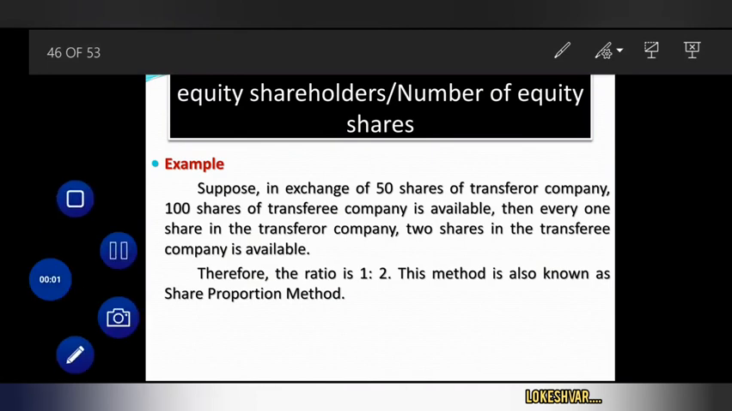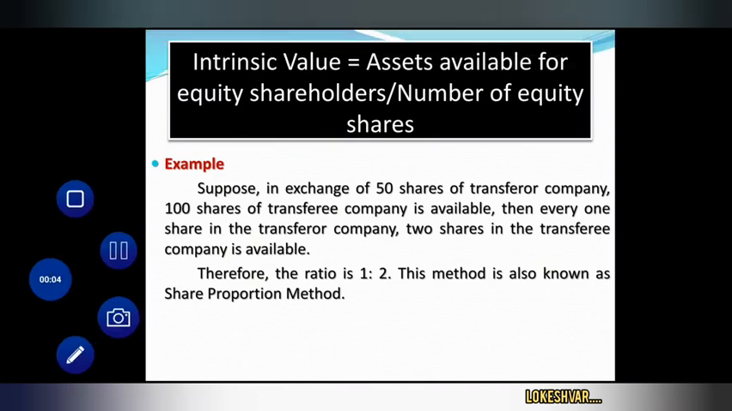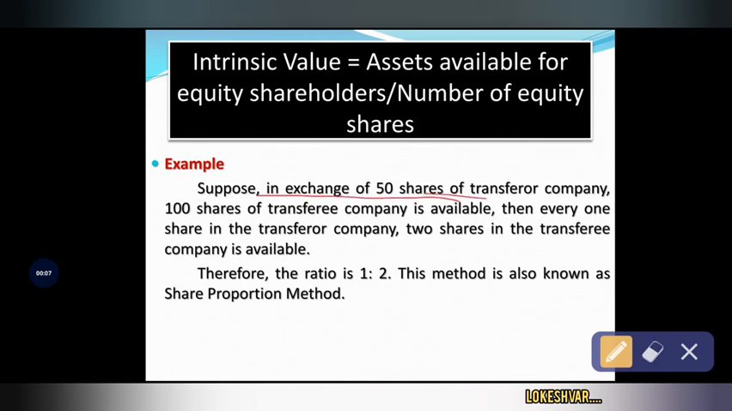For example, if suppose in exchange of 50 shares of the transferor company, 100 shares of the transferee company are available, then for every 1 share in the transferor company, 2 shares of the transferee company are available. So it is nothing but the ratio between the transferor company and the transferee company. Which means assume the transferor company is going to issue 50 shares to the transferee company, so that the transferee company will issue 100 shares. Here 50 and 100, the ratio between the transferor company and the transferee company, that is the exchange ratio 1:2,